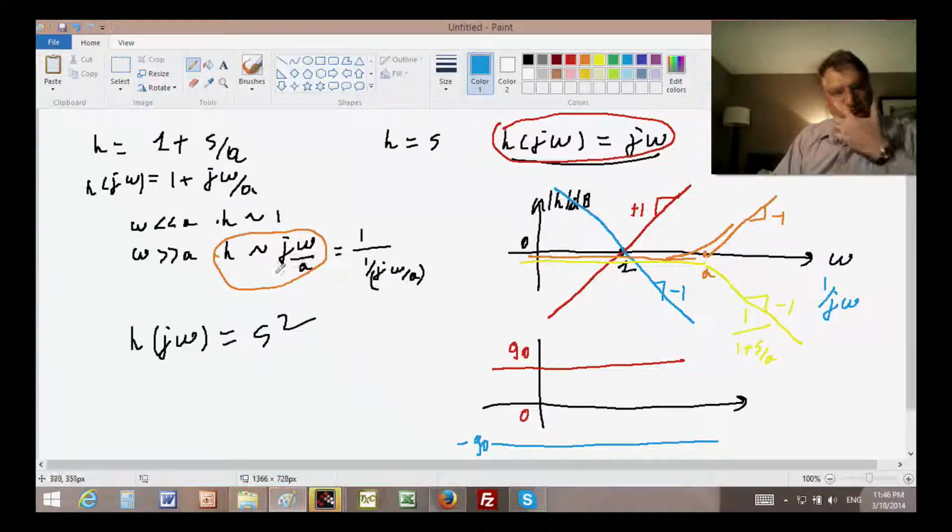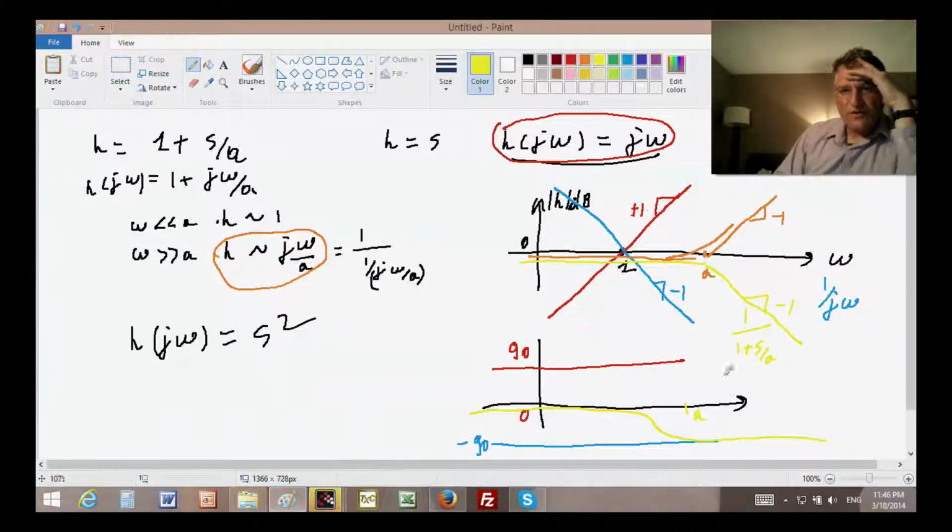And for this transfer function here, 1 plus j omega over a, instead of having a phase doing pretty much like this, which is what we saw last time, and which crosses over at a here and matches the transfer function 1 over 1 plus s over a,